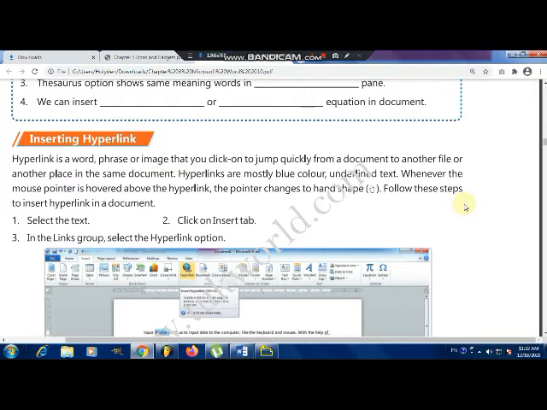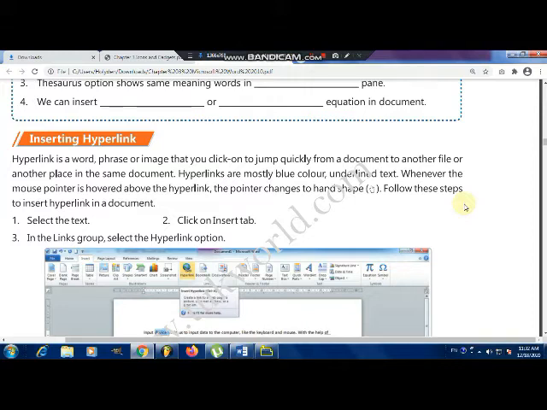First one is the internal hyperlink, which calls another web page or another part of the document. And the next one is the external hyperlink, which opens an external program, okay. That means there are two types of hyperlink. Internal hyperlink, which calls another portion of the same document, and the external hyperlink, which opens another or external program, okay.